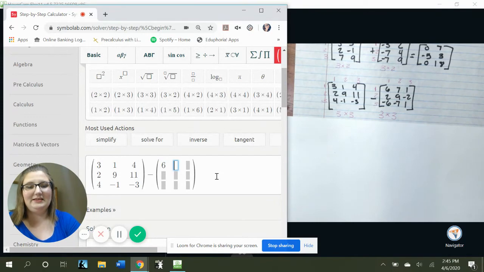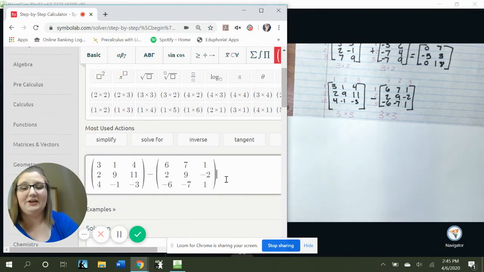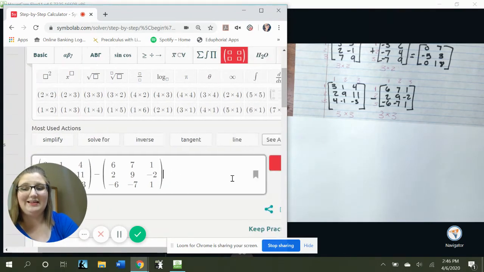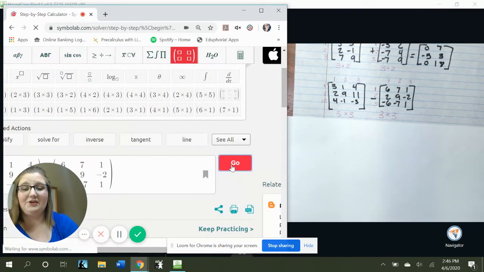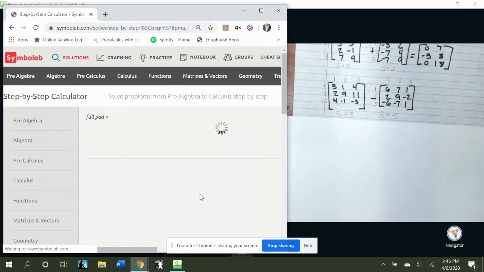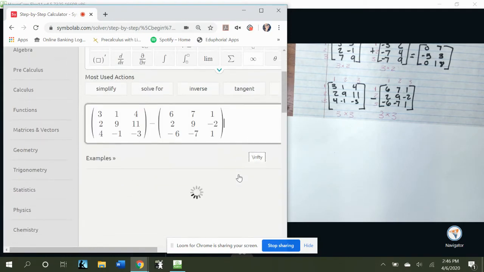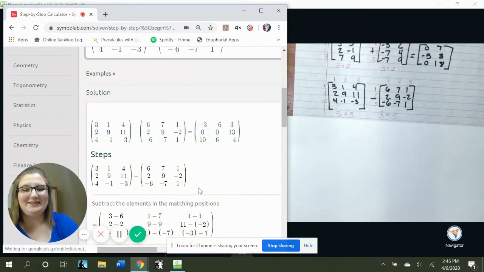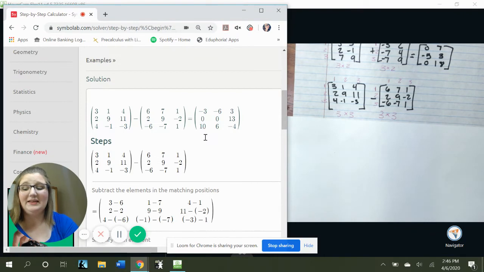So 6, 7, 1, 2, 9, -2, -6, -7, 1. All right, so that filled in my second matrix. Then if I scroll over here and click go, then I can come down here, and it's going to load for a second, and then shows me that my